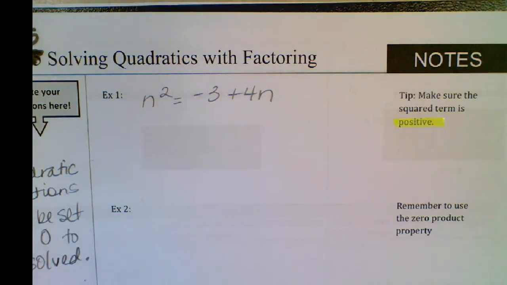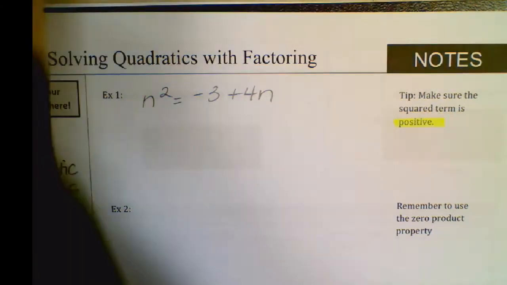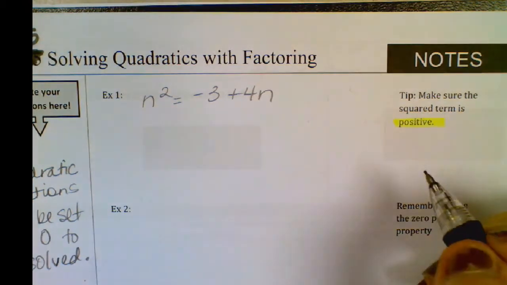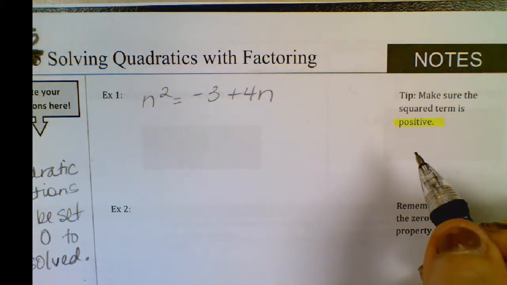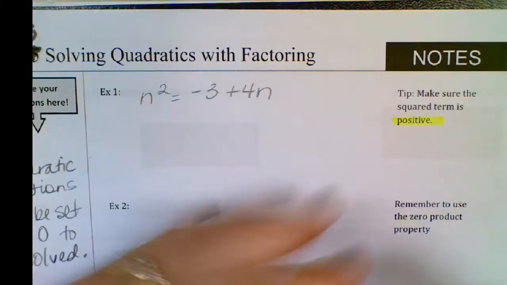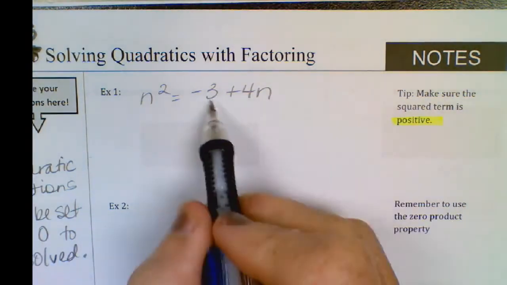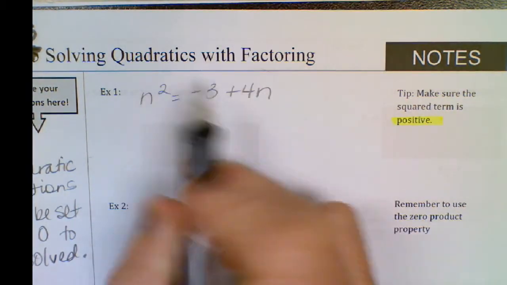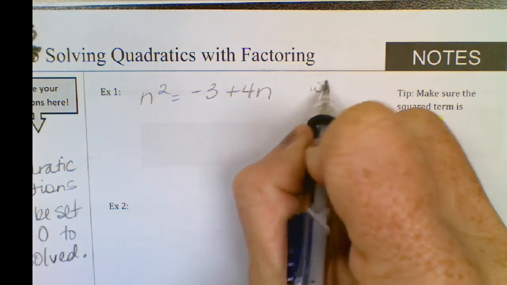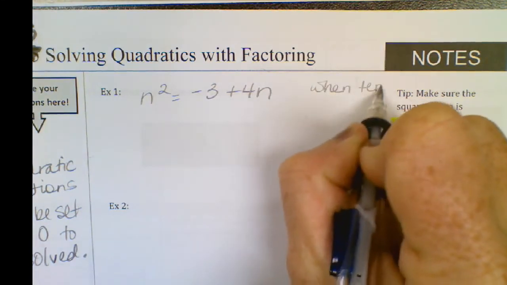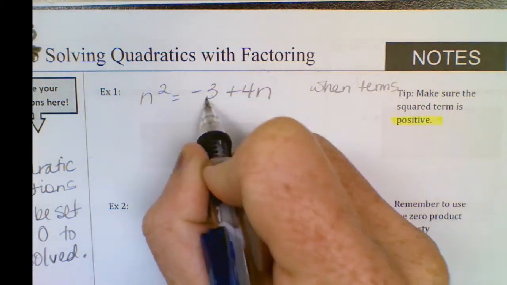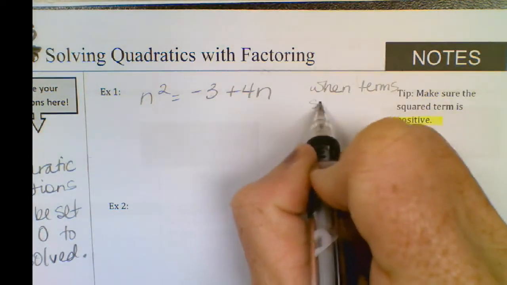It makes life much, much, much easier. If it's not positive, you can multiply the entire equation by -1, or you can just swap sides of the equation. So all of this needs to come over to the other side, and when terms, each of these are a term, -3 is a term, 4n is a term, switch sides,